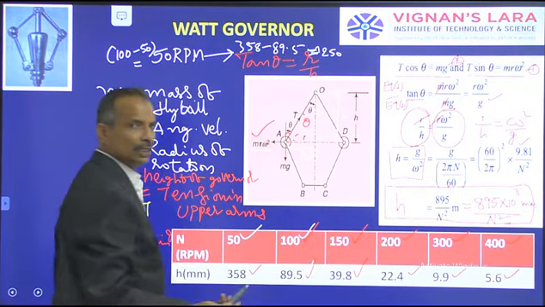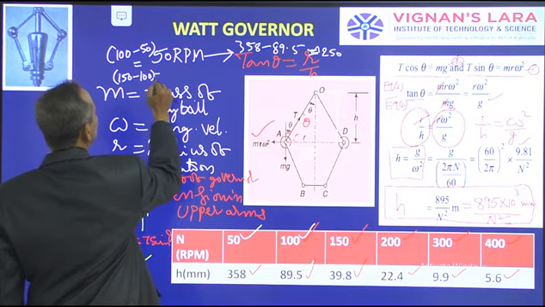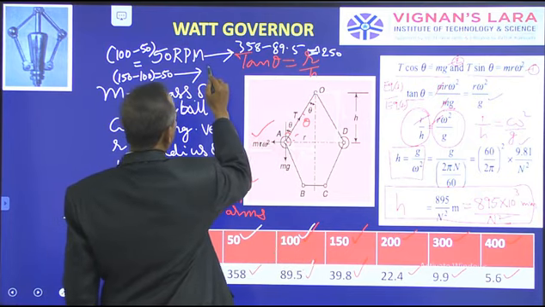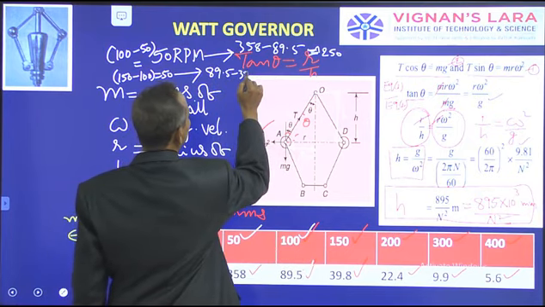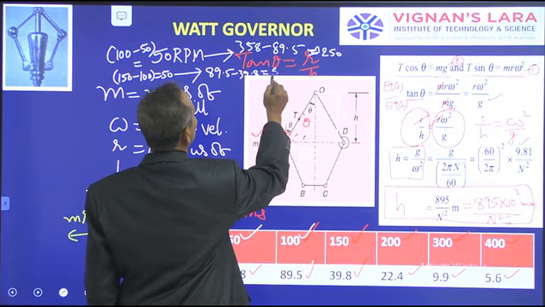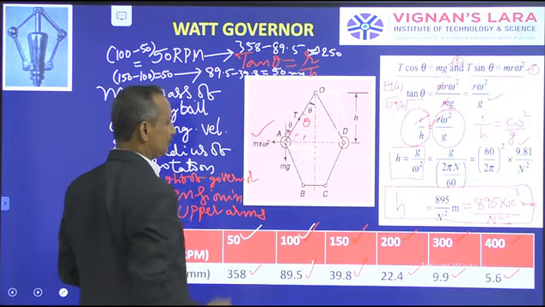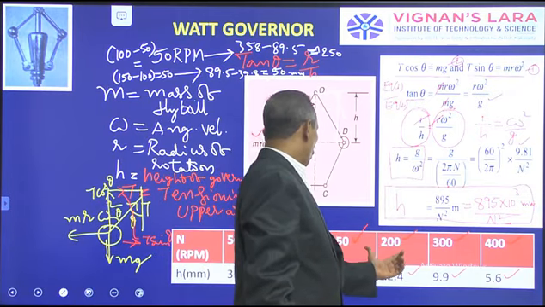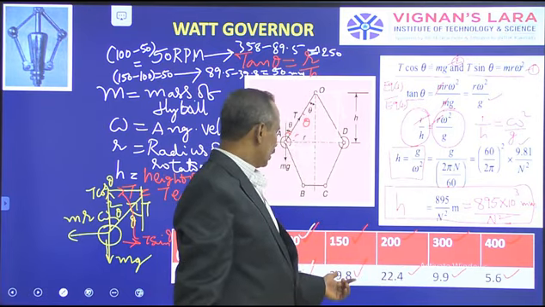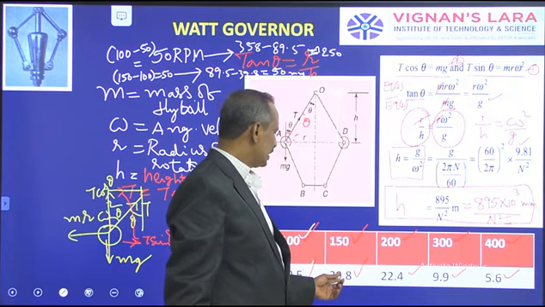Whereas if I move it to 150, the difference is how much? 100 minus 150, that is 50 only. But in the second span, what is the difference? 89.5 minus 39.8. Let me take it as 40. 90 minus 40 is 50. Here also considerable lift is there. Then come to this 200 to 150. For the same 50 RPM difference, the lift has dropped to somewhere around 16 or 17